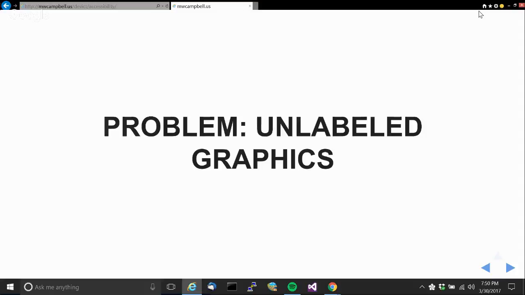Next problem, this is a big one: unlabeled graphics. If your application has a button in it that's a graphic and you don't provide a label through either the accessibility API directly or whatever mechanism your platform's standard GUI toolkit might offer, then we can't use it. Now on the web, we can look at, for example, the SRC attribute on the image tag, and we can kind of deduce something from that in many cases. But in native applications, we got nothing.